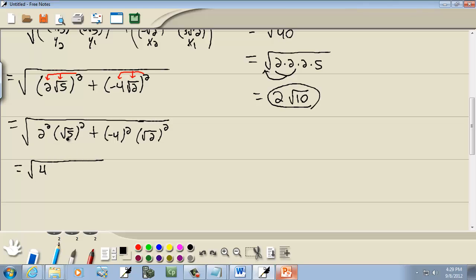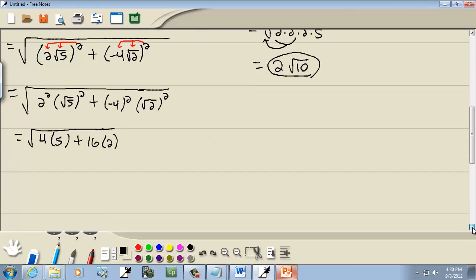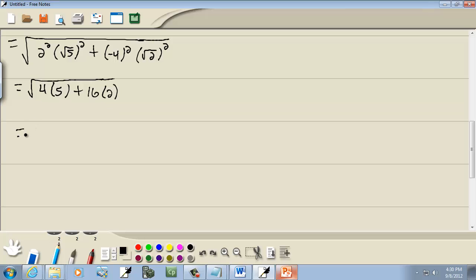Well, 2 squared is 4. When you're squaring a square root, when the index matches your power, they cancel each other out, and you're left with what's underneath the radical, so we're just left with 5. -4 squared is 16, and square root of 2 to the second power gives us 2. Well, 4 times 5 is 20. 16 times 2 is 32,